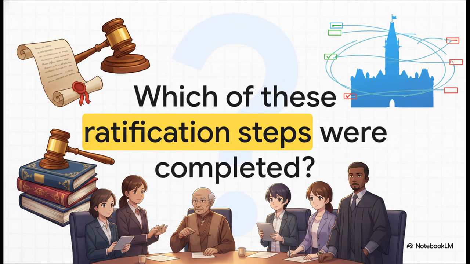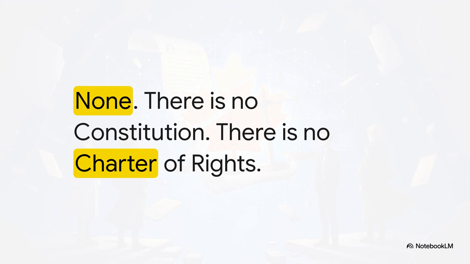So, the narrative poses a really pivotal question. We have this complex legal checklist that the 1982 Act itself says must be completed to be valid, right? So, how many of these vital constitutional ratification steps actually happened in reality? Well, the source concludes the answer is absolutely none of them.